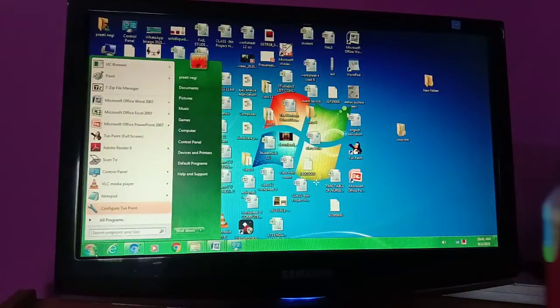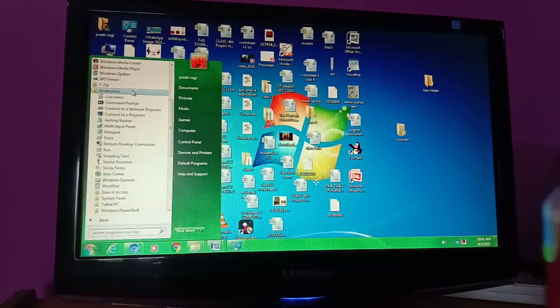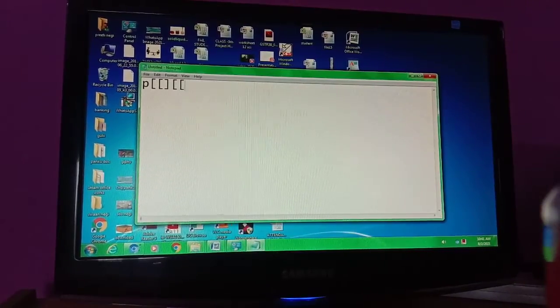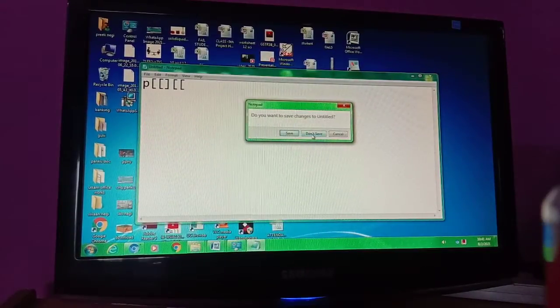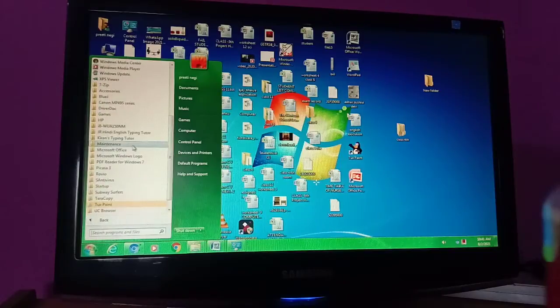Go to the Start menu again. Let's see what other features are available in Accessories. There is also Notepad where you can type anything. Whatever you want to type, you can create your document or type your notes in it. So this is your Notepad feature. What other accessories are there?